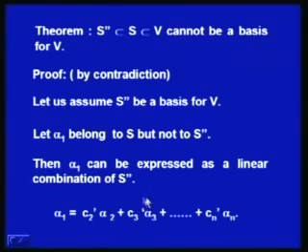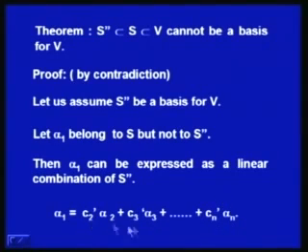By this I mean that alpha 1 is equal to C2 dash alpha 2 plus C3 dash alpha 3 plus Cn dash alpha n, because S double dash is a basis for vector space V, and alpha 1 belongs to V. It may not belong to S double dash, but it belongs to V. So any vector in V can be expressed as a linear combination of these vectors. So, alpha 1 is equal to C2 dash alpha 2 plus C3 dash alpha 3 plus Cn dash alpha n,